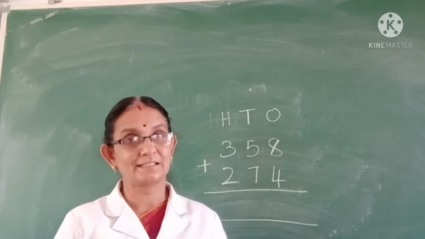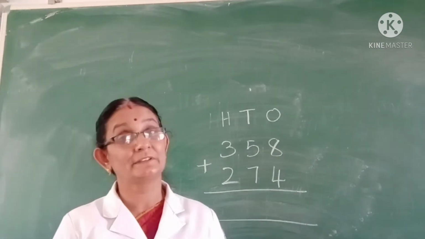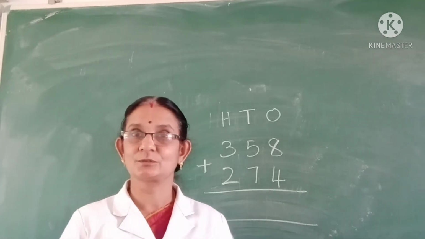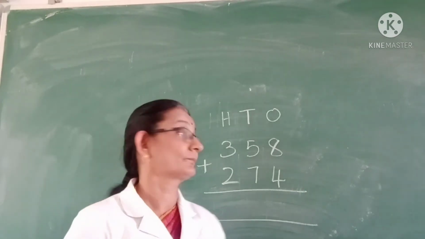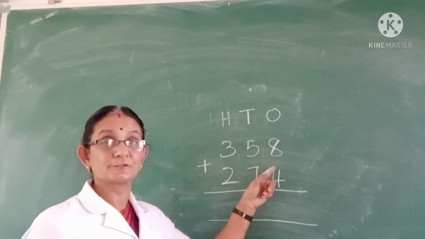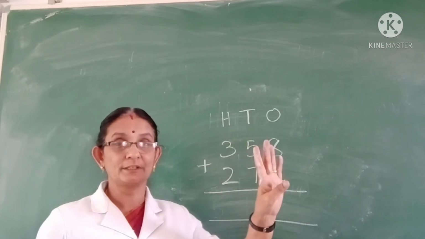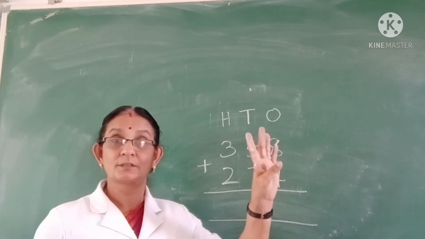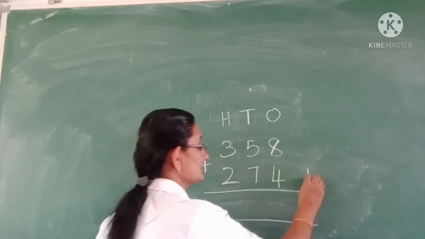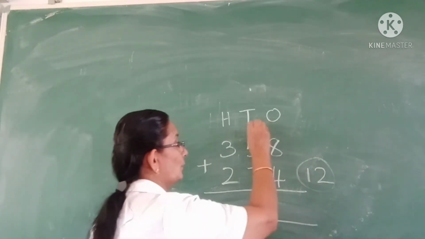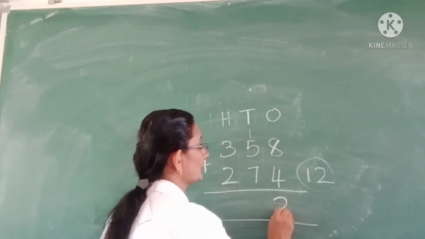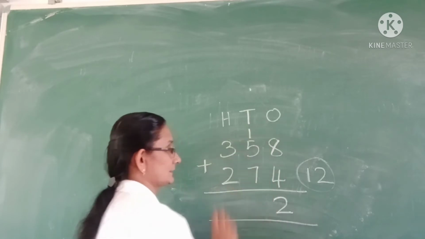Okay? Addition of 3-digit numbers with regrouping in ones and tens. And let us add the 3-digit numbers with regrouping in both tens and ones place. Okay? So how should we do that? Let us see. First, let us add the digits in the ones place. So what is 8 plus 4? 8 in mind, 4 in hand. After 8, 9, 10, 11 and 12. So we have 12 ones and it is regrouped as 1 ten and 2 ones. Okay? So we have 2 ones and 1 ten.